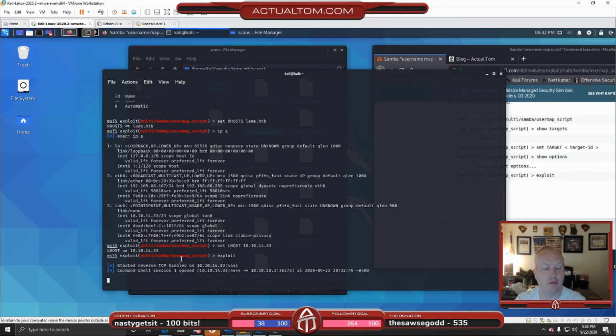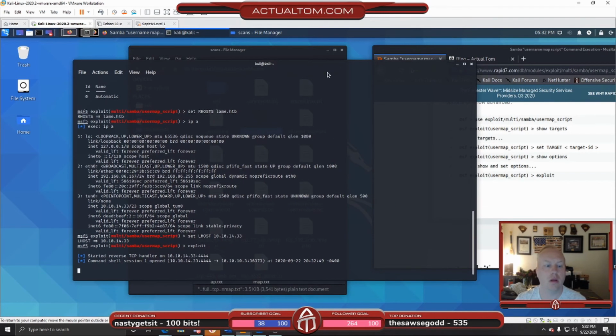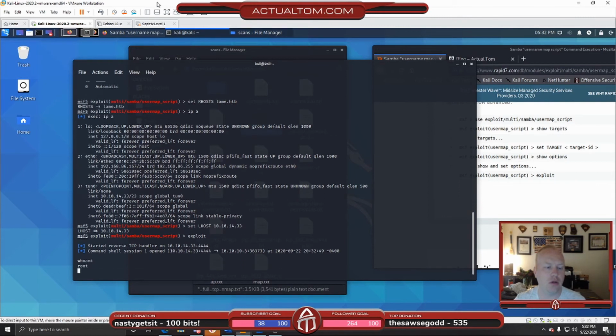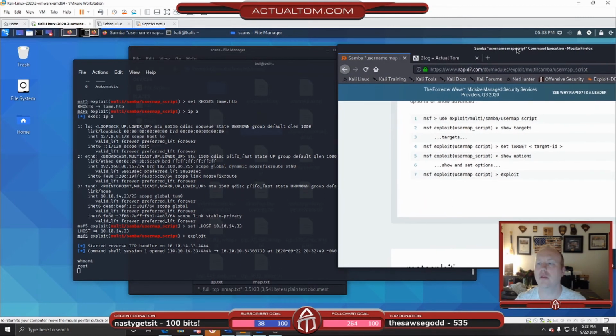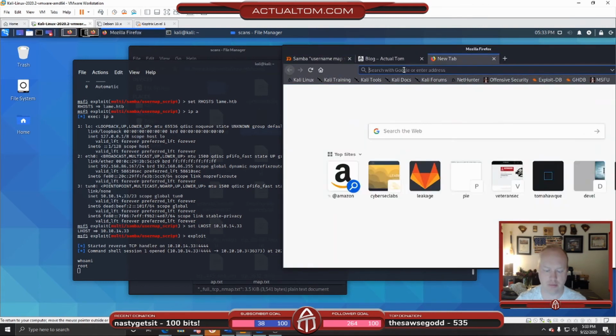And you can see we already have a command shell open. At this point, you can see whoami, and you get root. So we don't need to set up a persistent shell. However,